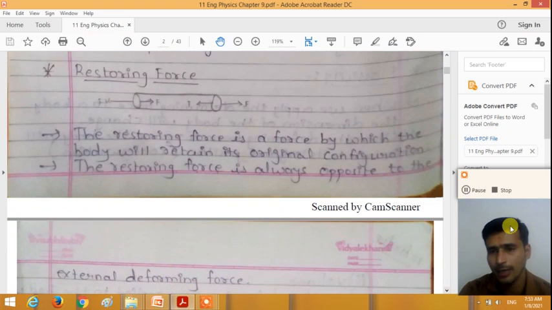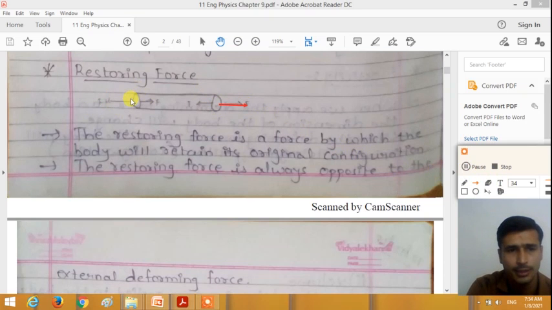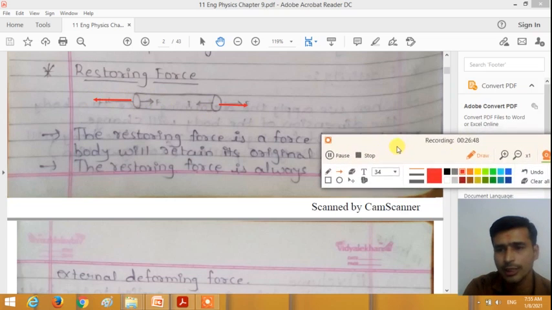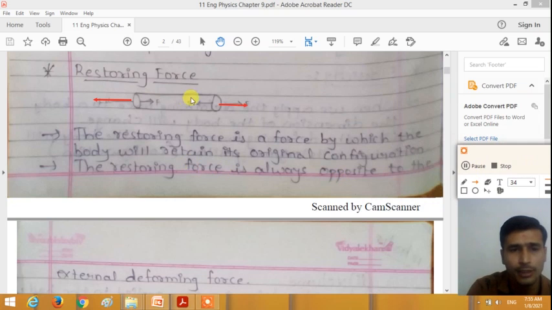So dear student, let us consider this type of rod, and if we apply the external force in this direction, the length of the rod increases, and at the same time the restoring force is produced in the opposite direction of the external force, which will try to retain its original position. So here the restoring force is always opposite to the external force. If we remove the deforming force, with the help of this restoring force the body will retain